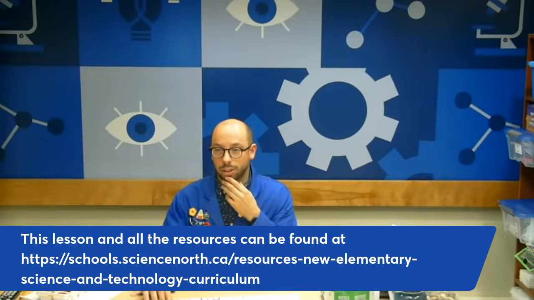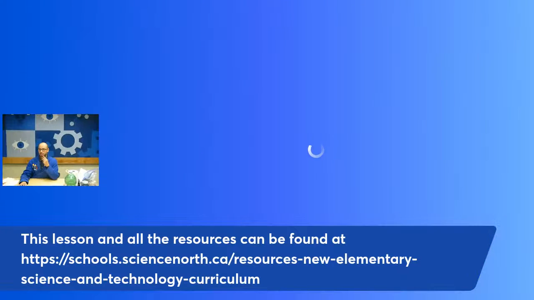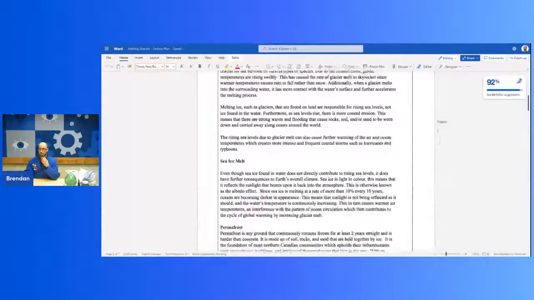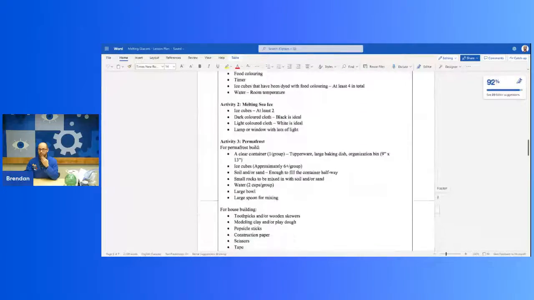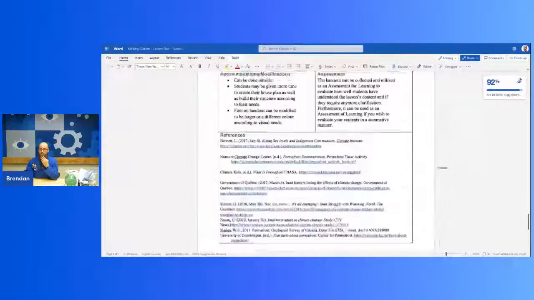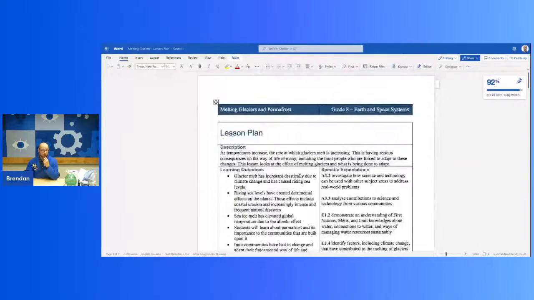Our lesson plan writers all did a very good job of putting lots of good info into the lesson plan. So I'm going to share my screen really quickly, just in case you don't believe me. I know you do, but I'm just going to put this up here anyway. Right, so our lesson plans are very detailed. They have all the learning outcomes and specific expectations and intros, and all the different activities are all on here, with step-by-step instructions. Everything that we need to teach it is available to you. So really what these webinars are about is, okay, let's see what that looks like. Let's see if we can get a sense of it.